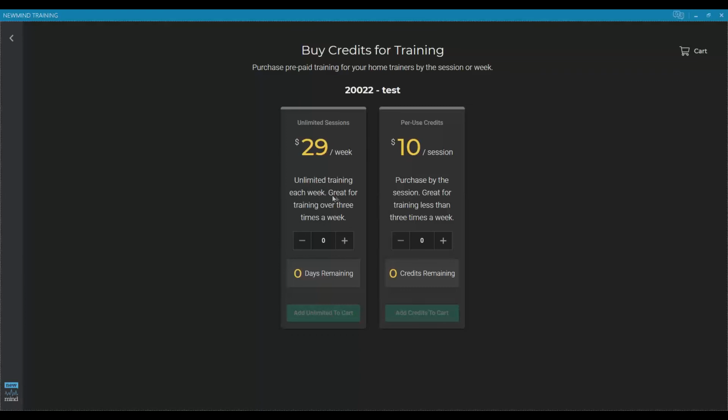So unlimited training each week is great for training over 3 times a week. And then we have a per use credit, which is purchased by a session, great for training less than 3 times a week. So if you pick the unlimited, let's say this client has told you they have the ability to do a session, they're going to do maybe 5 sessions a week, every day, and maybe take the weekend off. And then you would want to purchase the unlimited for them